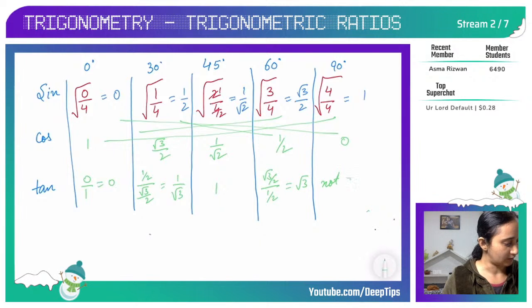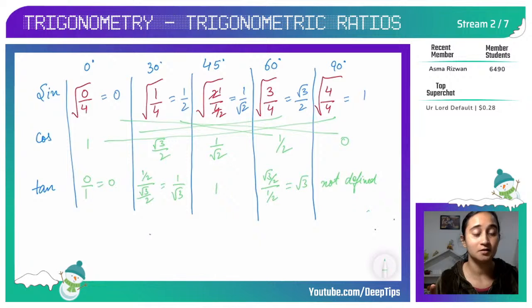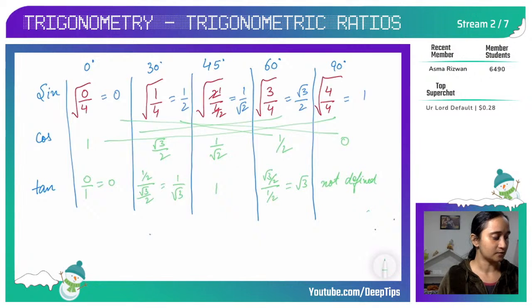and 1 by 0 gives you not defined. So I think this is just a 1 minute trick where you write the table in 1 minute. I hope you are clear with the concept. First you wrote 0, 1, 2, 3, 4. Then you divided everything by 4 and took the square root. So when you took the square root, you got 0, 1 by 2, 1 by root 2, root 3 by 2 and 1. And then you just did crisscross.